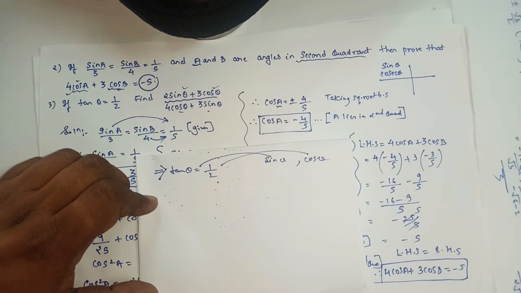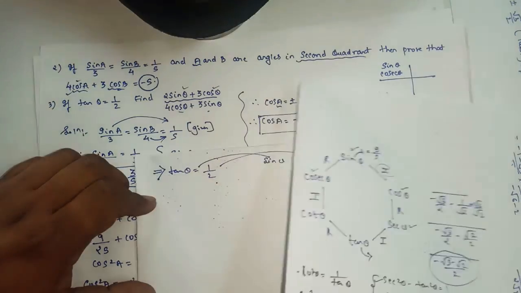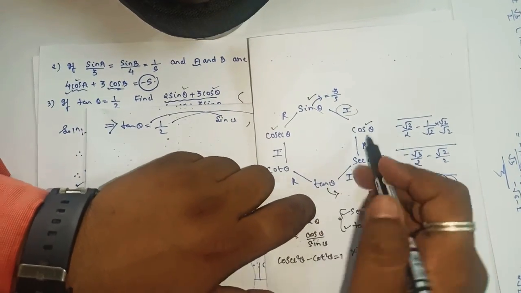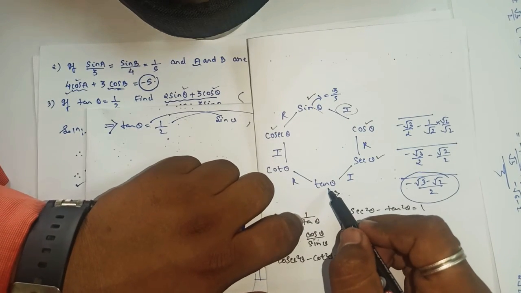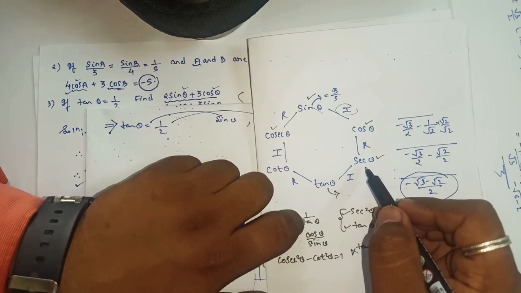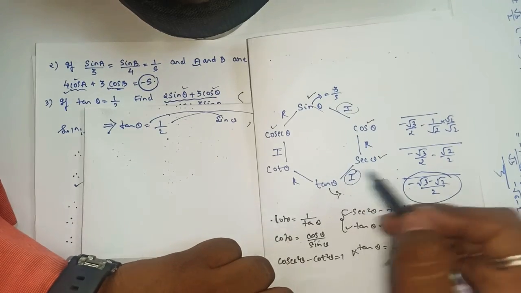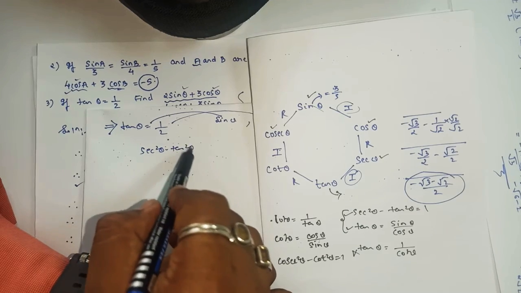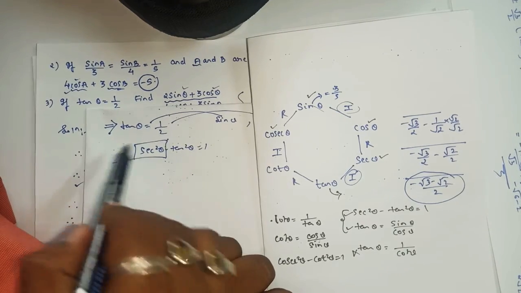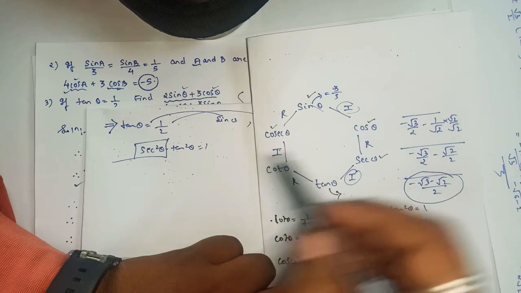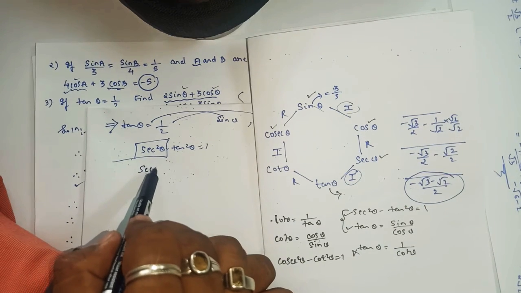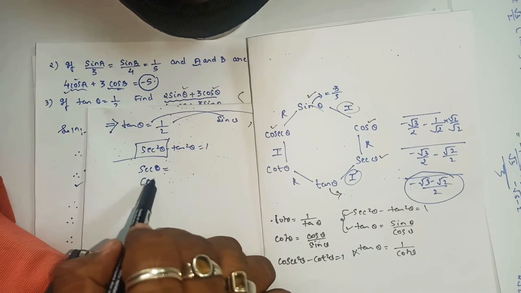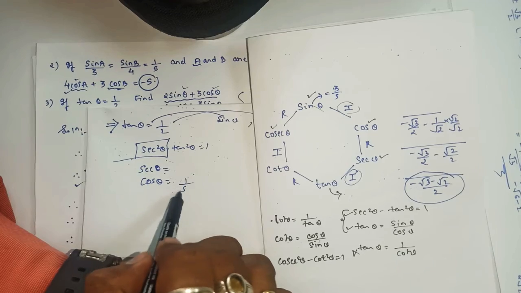Okay, so we'll see now. As we know, with the help of tan how can we find cos and sin? Can I say with the help of tan we'll get sec. What is the relation? That is sec square theta minus tan square theta equals 1. So here you will get sec. With the help of sec you will get cos, because cos theta is equal to 1 upon sec theta, yes or no.